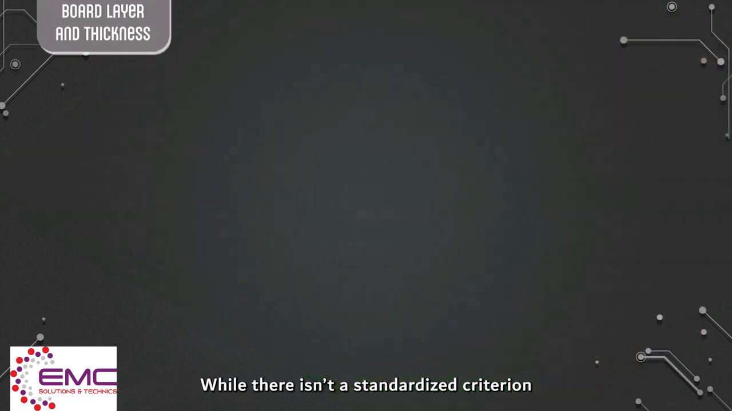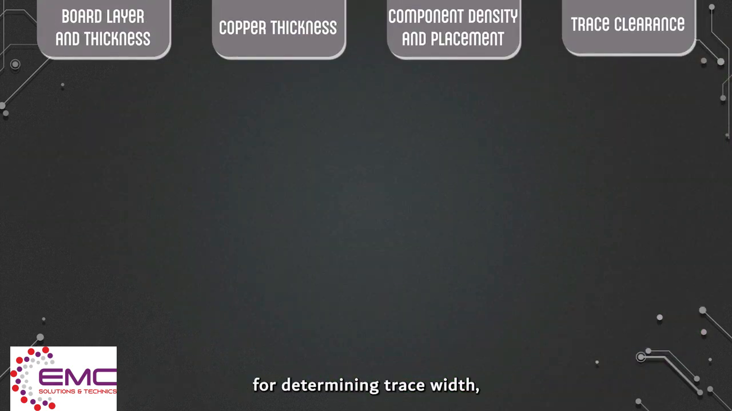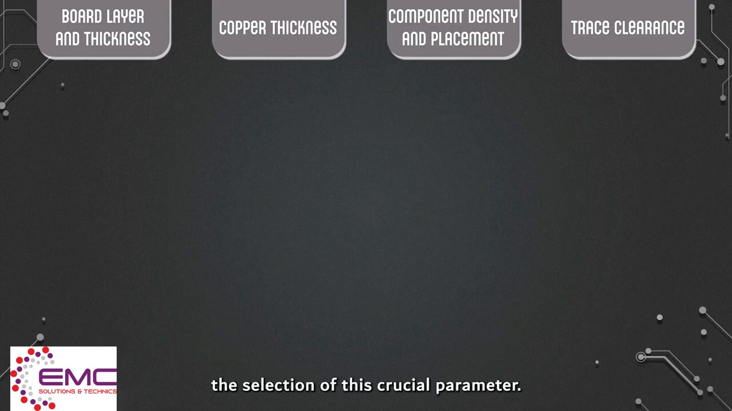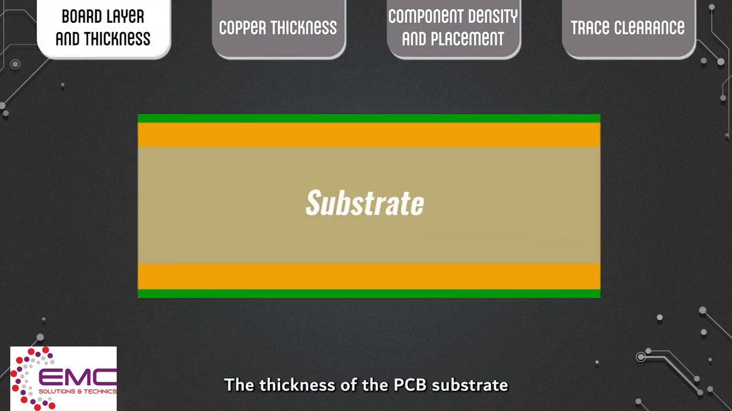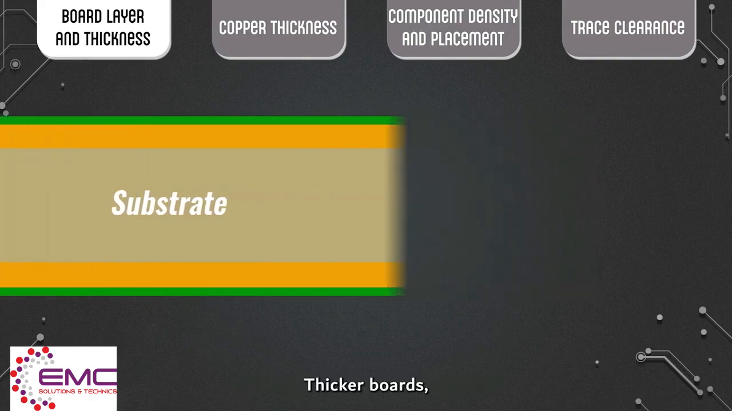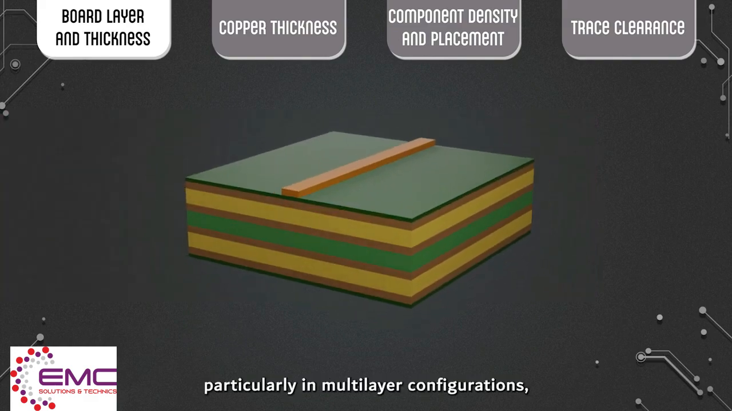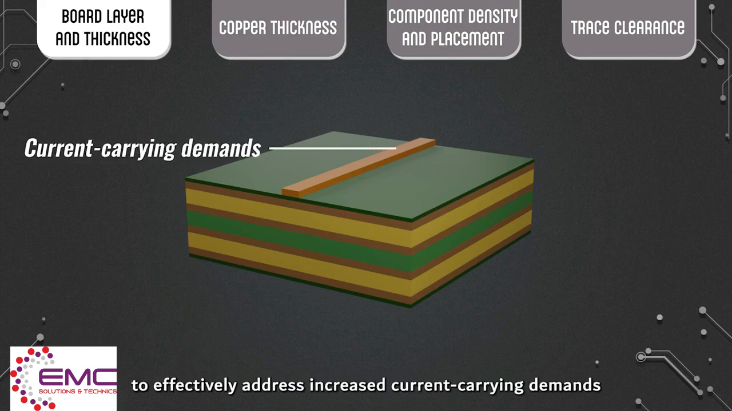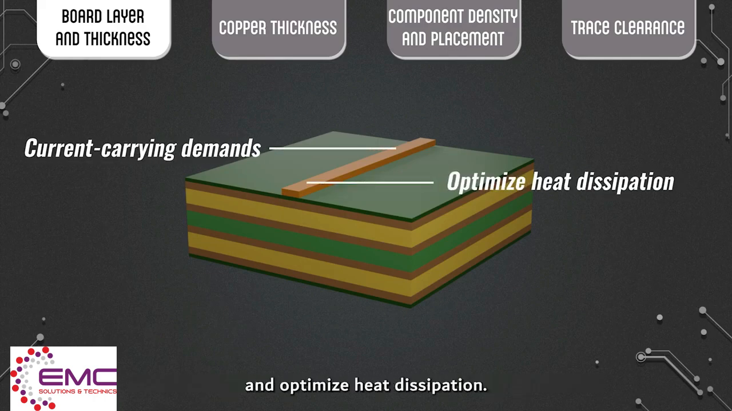While there isn't a standardized criterion for determining trace width, several factors can guide the selection of this crucial parameter. Board layer and thickness. The thickness of the PCB substrate directly influences the electrical and thermal behavior of traces. Thicker boards, particularly in multi-layer configurations, may require wider traces to effectively address increased current carrying demands and optimize heat